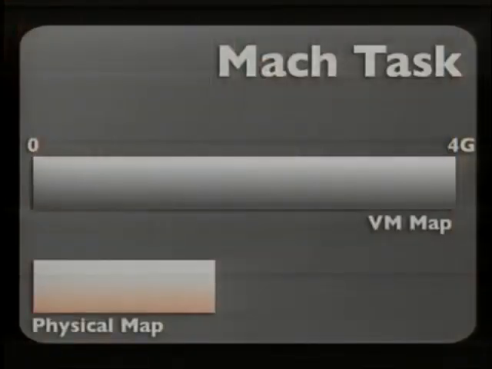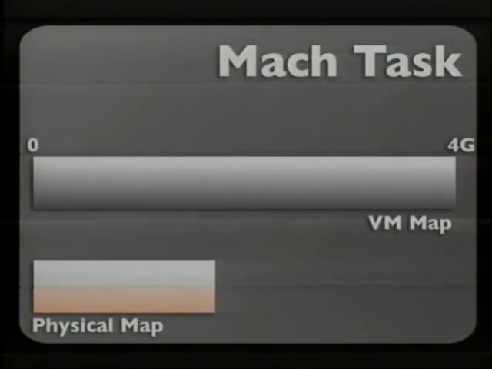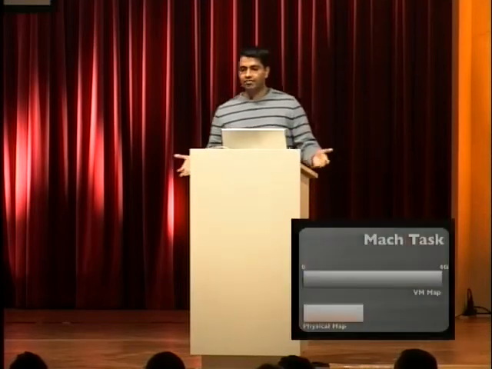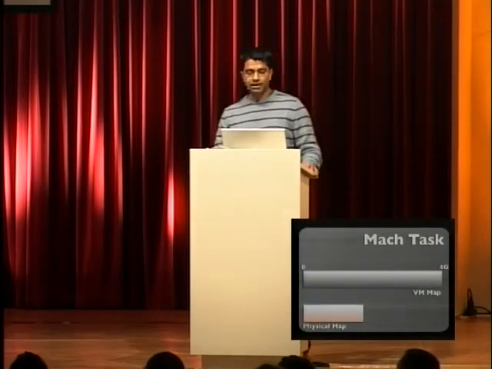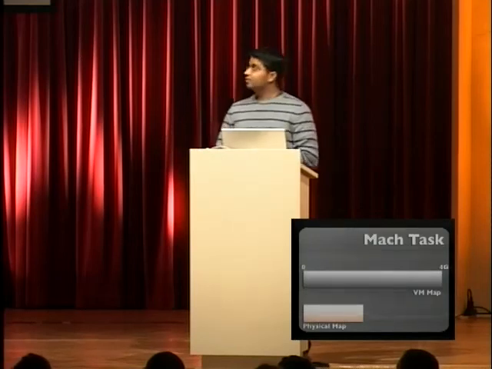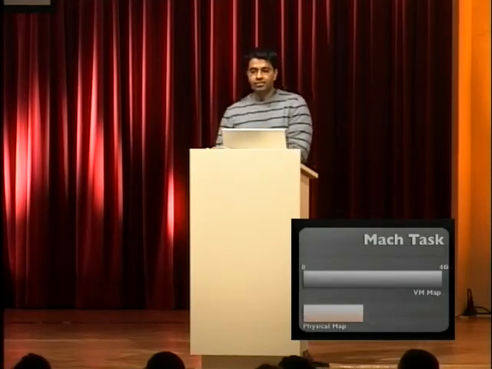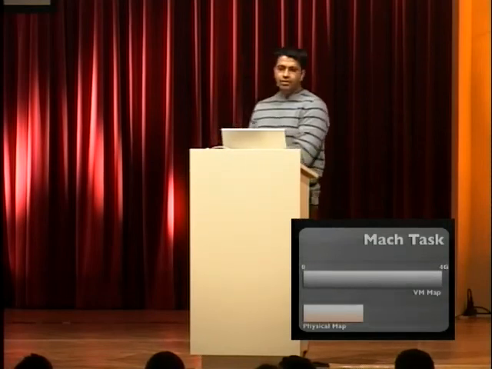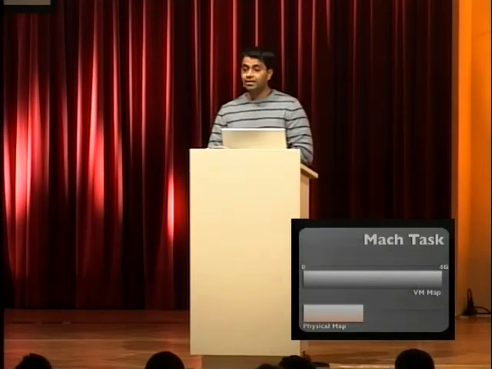So, okay, let's focus on the virtual memory aspect. We'll just look at 32-bit processes because it's the same without making it more complex. So what is an address space? It's just a range of numbers from 0 to 4 gig. The name for address space in Mach is a VM map. I think it's VM map in many operating systems. There's also a physical map which contains information as to which of the virtual memory is currently physically resident. And the physical map is the only machine-dependent module.